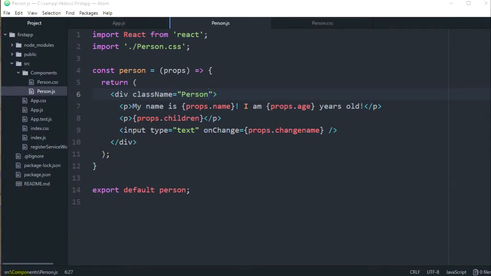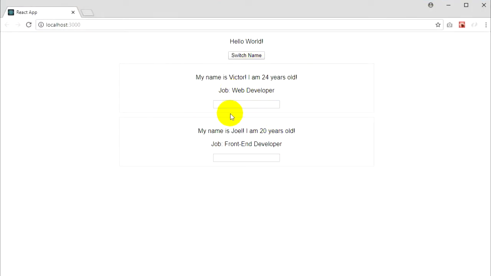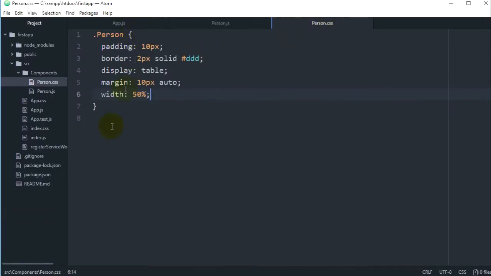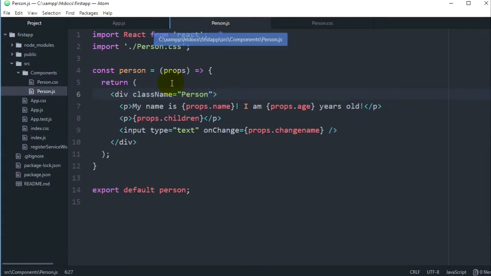Save the file, open your browser, and you see that we have this border here, some padding, margin here is working too, and these two blocks are centered. Now let's go ahead and add some styling to our field. And we will add this kind of styling in a different way. Of course, we can add some more CSS in our person.css file, but I will show you another way on